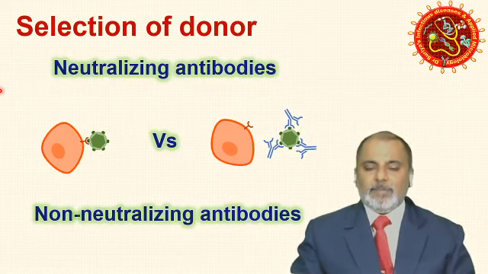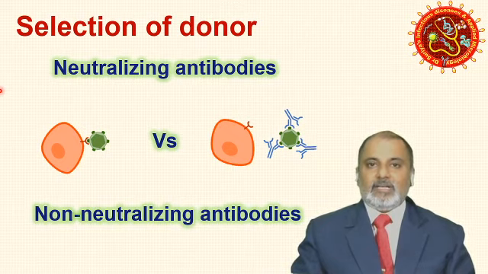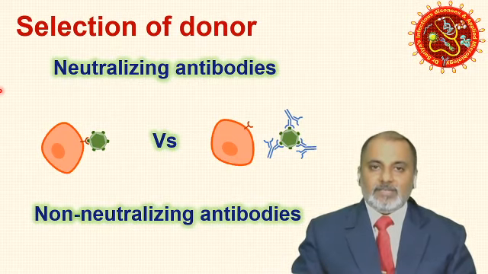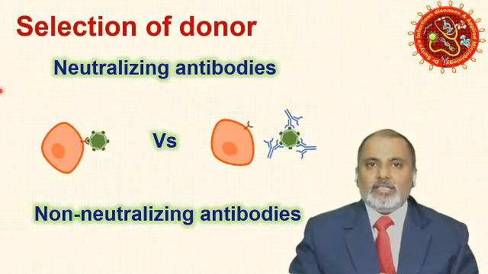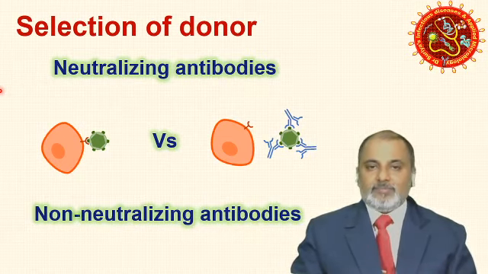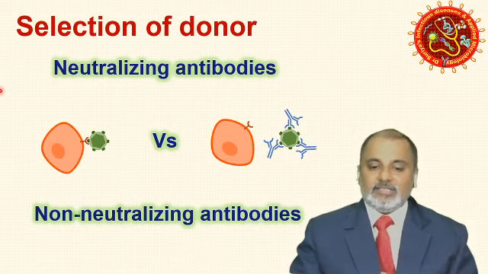Classical example, remember, the dengue shock syndrome is due to antibody dependent enhancement. The antibody which is present against the dengue serotype will facilitate the infectivity of the dengue. When the person gets dengue virus of a different serotype the second time, they may be more prone to get dengue shock syndrome. That's called antibody dependent enhancement. So not all antibodies are neutralizing antibodies. Need to understand clearly at this stage.